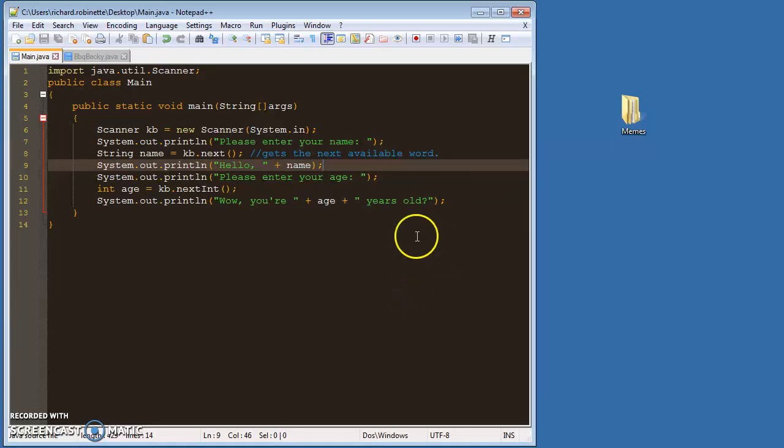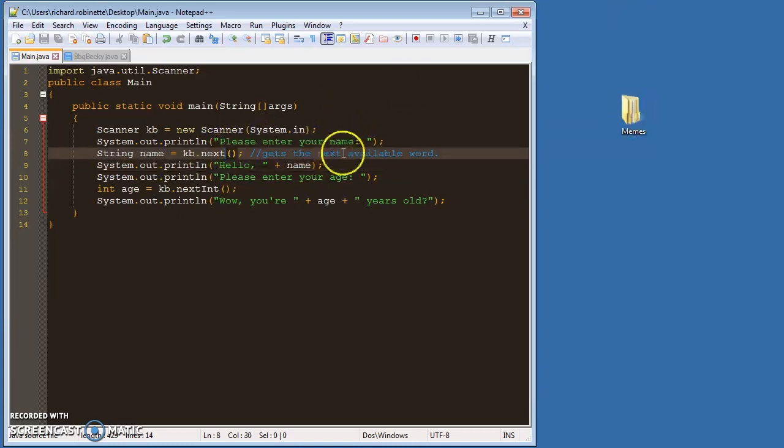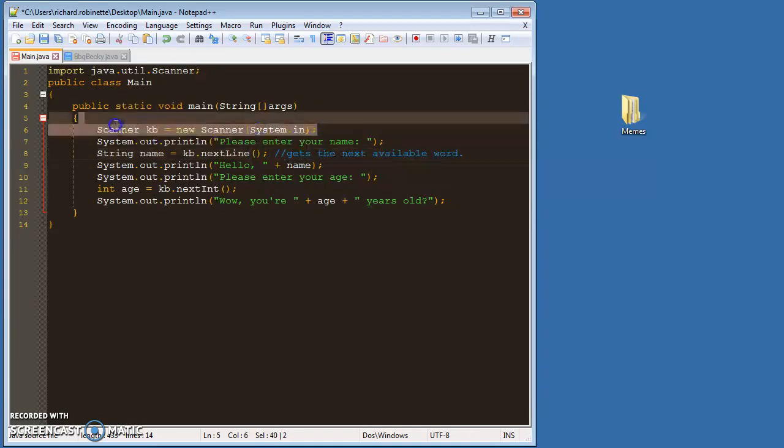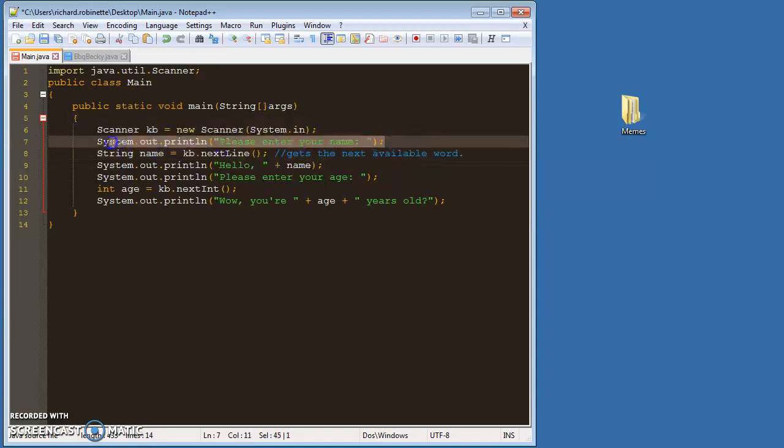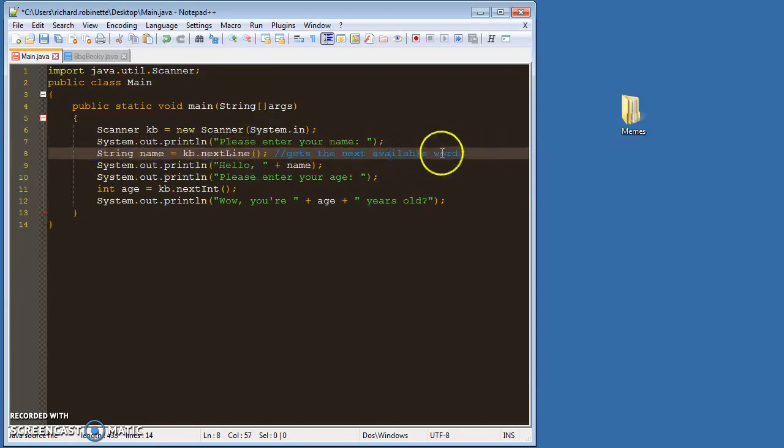Next line is cool, but it doesn't play well with others, and I'll give you an example. Let's say I wanted to put my entire first name and last name in here. I would have to use next line, right? So I create my scanner object. I got my user prompt, enter your name. Then I'm going to use next line, and that actually gets the next available